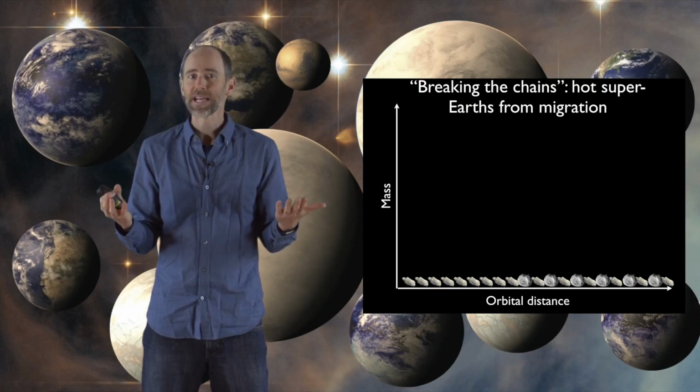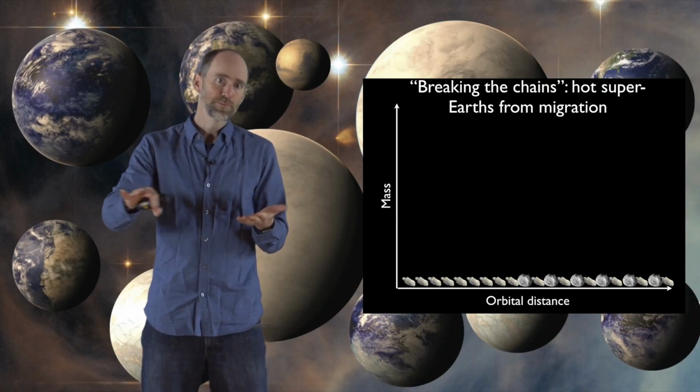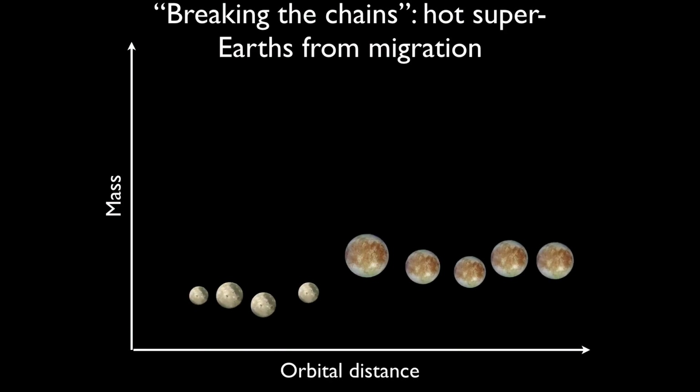They grow fast enough, in fact, that they migrate. And so these large embryos from farther out migrate inward, and they end up in chains of orbital resonances. So the innermost planet here is at the inner edge of the disk, holding back the other ones. And the other ones migrate inward, and each time one migrates inward, it gets trapped in resonance with the ones interior to it. And they end up in a long chain of resonances where each pair of neighboring planets is